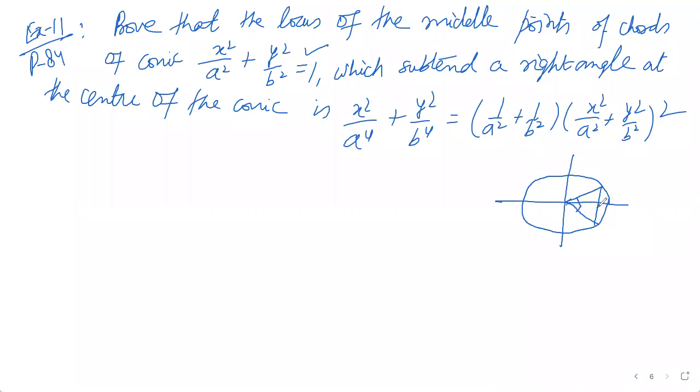तो प्रूव दैट लोकस, इनके जो मिडिल पॉइंट होगा, सपोज दिस इज द मिडिल पॉइंट, है ना, यहाँ कहीं पे लाई करता है मिडिल पॉइंट, कहीं भी हो सकता है, जरूरी नहीं एक्स एक्सिस पे हो। सपोज एक्स डैश वाई डैश इज द मिडिल पॉइंट, तो इनका जो लोकस है वो ये होगा, ठीक है। ऑल द कॉर्ड्स विच आर सबटेंडिंग अ राइट एंगल विद द सेंटर, दिस इज द सेंटर, एक्स एक्सिस वाई एक्सिस, इनके मिडिल पॉइंट का लोकस जो है दिस विल बी दिस, ये हमें शो करना है। क्लियर है प्रॉब्लम अब? तो यू हैव गिवन अ मिडिल पॉइंट, यू हैव अ कॉर्ड, तो मिडिल पॉइंट की क्वेश्चन लिखेंगे विद द कॉर्ड की क्वेश्चन लिखेंगे विद द गिवन मिडिल पॉइंट, और फिर एक क्वेश्चन निकल के आएगी और वहां पर कंडीशन लगाएंगे राइट एंगल।